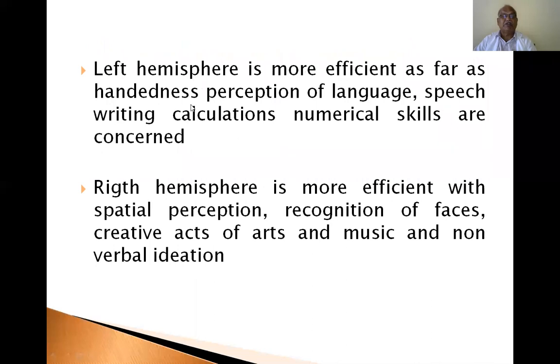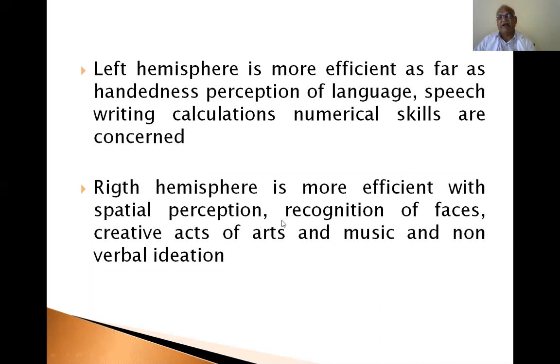So, both left and right cerebral hemispheres are very well developed and work in coordination with each other. The individual is more intellectual and more balanced, but usually one hemisphere is dominant in the majority of people. Usually, the left cerebral hemisphere is dominant in 90% of the people. That is identified by right hand writing. A person who writes with the right hand has left cerebral hemisphere dominance. Left hand writing means the right cerebral hemisphere is dominant. The majority of you are right-handed, so the left cerebral hemisphere is dominant in the majority of individuals.